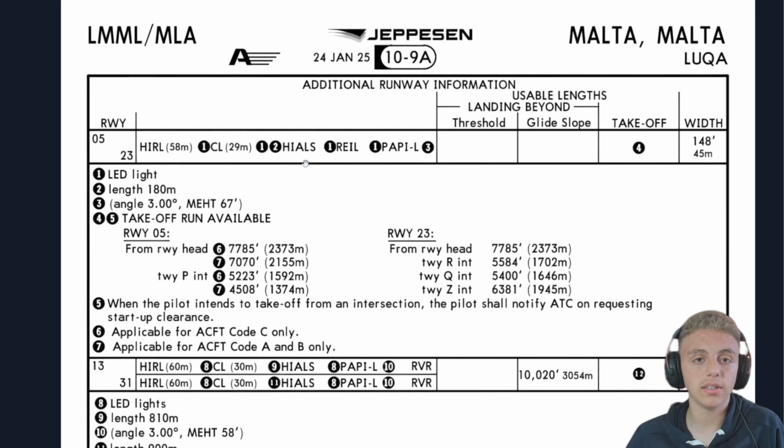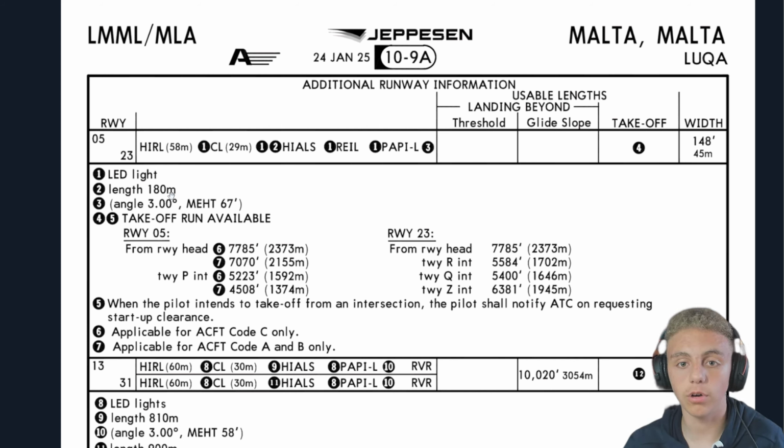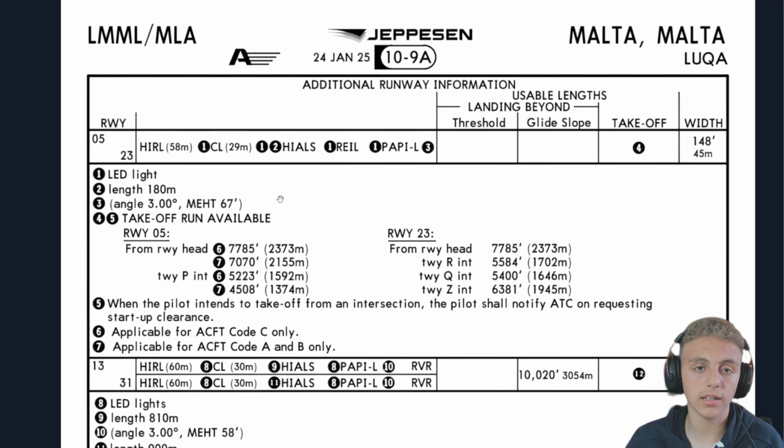High ALS, high intensity approach lighting system. We know that they are LED lights and that they extend 180 meters off from the runway. These are the lights at the end of the runway. REIL, the runway end identifier lights, they are the lights at the end of the runway. They are LED lights. And the PAPI lights, the precision approach path indicator lights on the left side of the runway. Here you can see what angle they are, and the